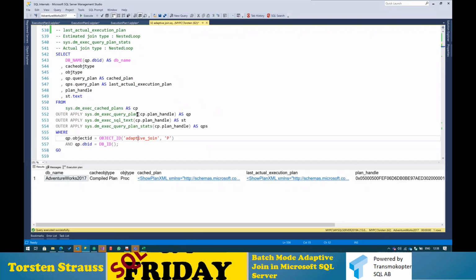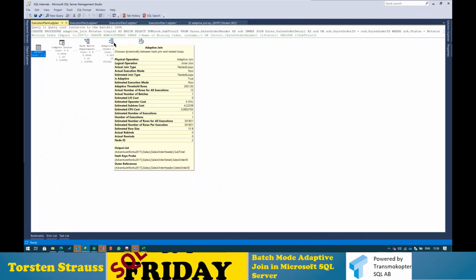Nevertheless, there is the DMV, dm_exec_query_plan_stats, and here we can see the last actual execution plan. And the last actual execution plan includes the actual join type and also a lot more information. We can see the actual values, not estimated values. And that definitely helps to understand whether this procedure or the selection and the selectivity of the parameter prefers to use a nested or a hash join algorithm, which is sometimes very, very helpful to understand, to even make performance a little bit better,